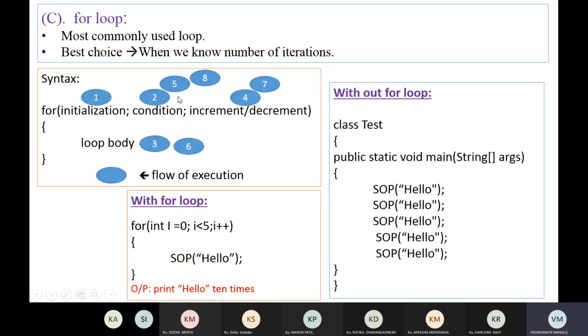If it is true, then execute the statement, then increment, verify the condition. In this way, if this is false, then go out of the for loop. So in this way the for loop will be executed.